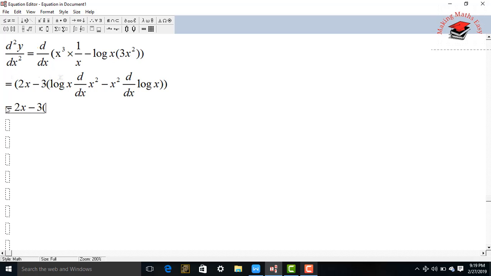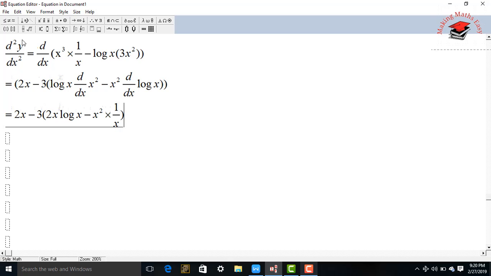So my derivative of log x, derivative of x square will be equal to 2x. So it will be 2x log x minus x square. So we have x square over here. So x square into the derivative of log x, which gives me equal to, derivative of log x is 1 by x in this case, I know that. So x square is multiplied by 1 by x, and 1 upon x in this case. So x square divided by x gives me equal to